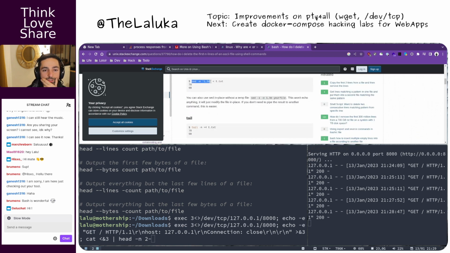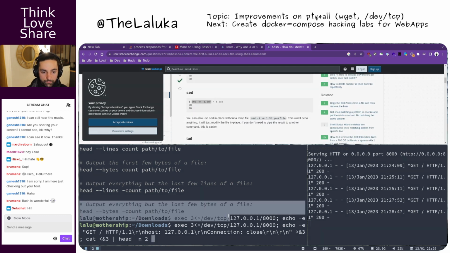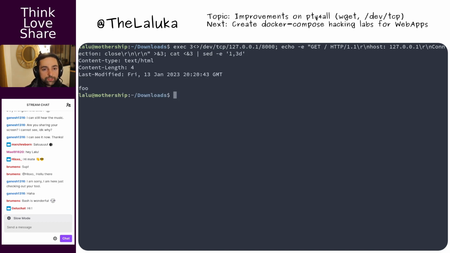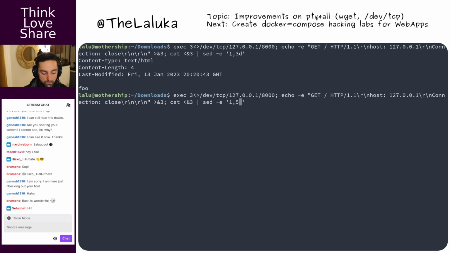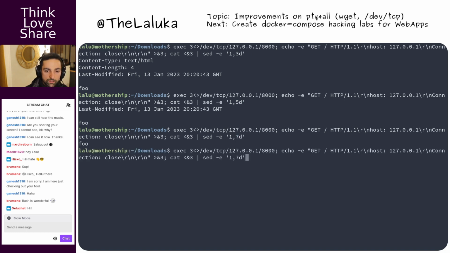Okay, so we can go with sed. And sed is there in pretty much every Linux distribution, so we're fine. Can we have 5? Yeah. 2, 7, D. Cool.